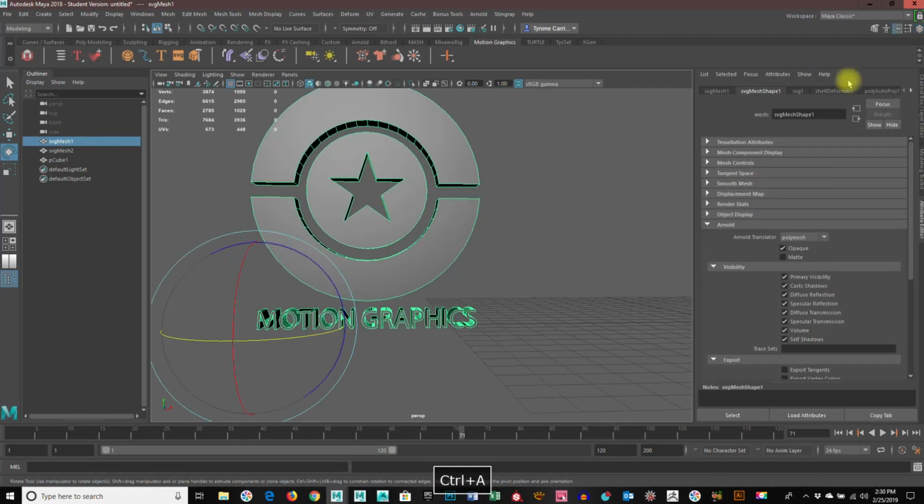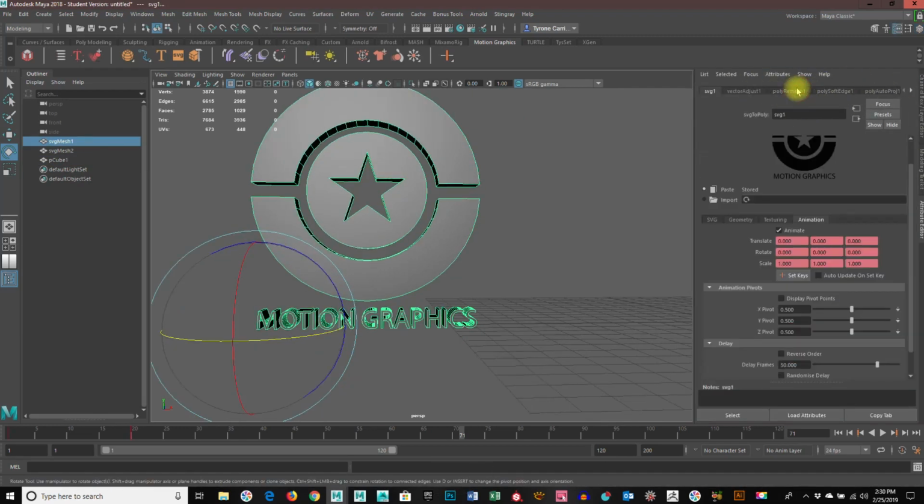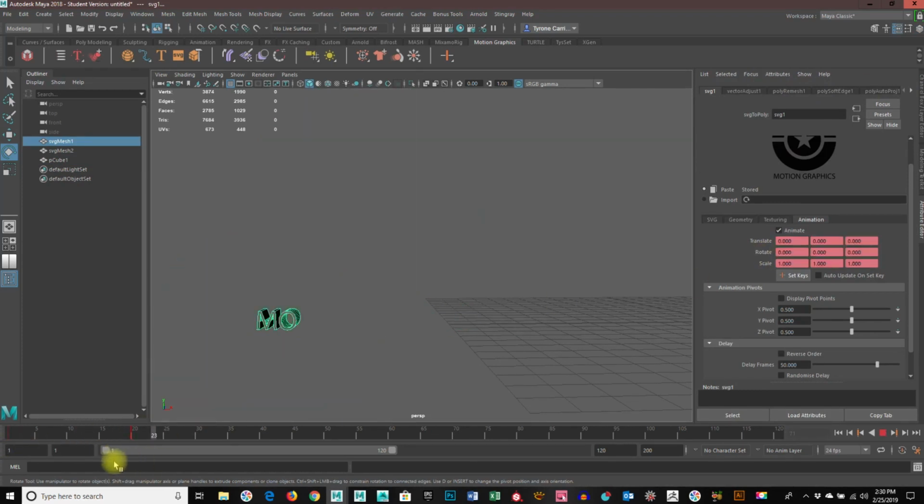So I go back into the SVG, and where the rotate Y is, I'm going to actually go back to frame 1, so where it starts. And let's just give it a, so X, Y, Z. So on the rotate Y, I'm going to change this to, let's say,